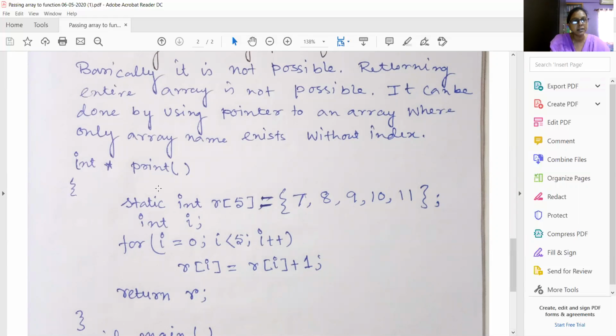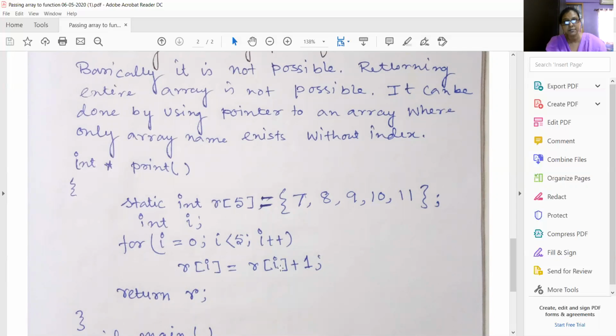So the return type cannot be an int array. It can be given as an integer asterisk. A pointer variable can be given as a return type where the base address of the array will be stored. If the array is an integer type of array, then of course the base address will be stored in an integer type of pointer variable, because a single element is an integer.